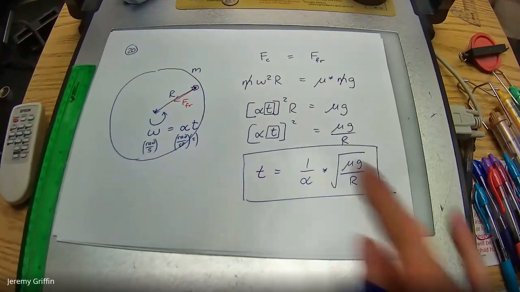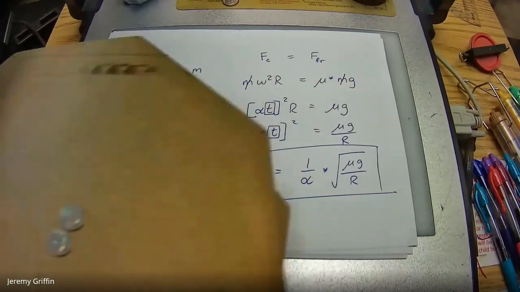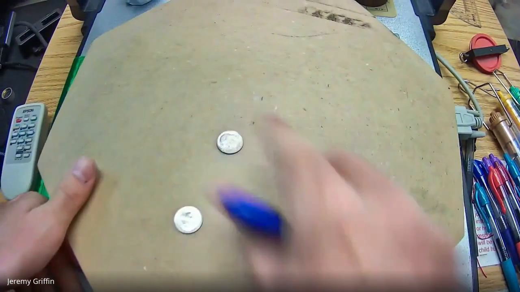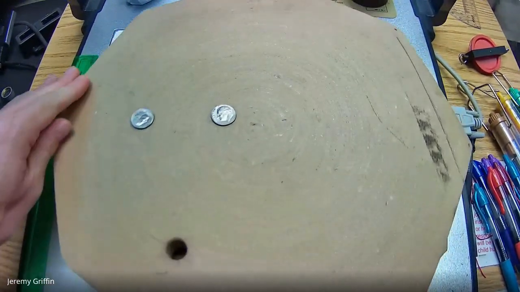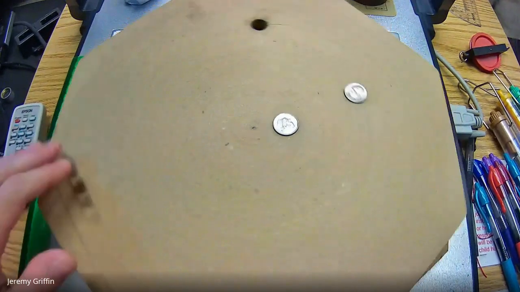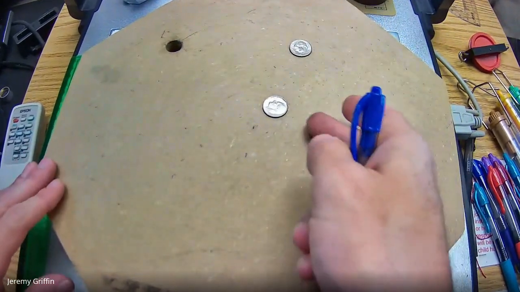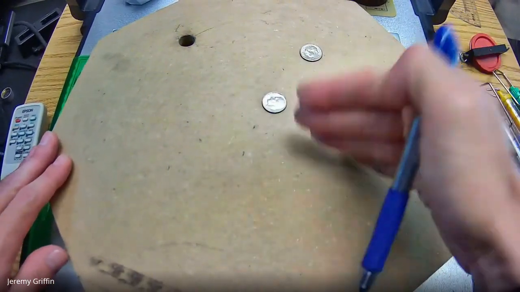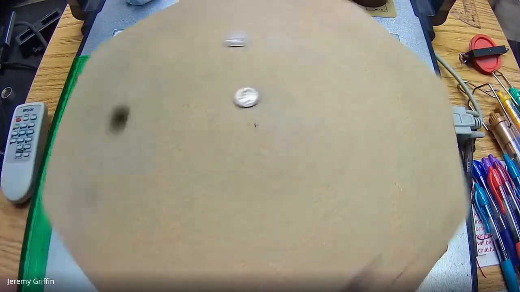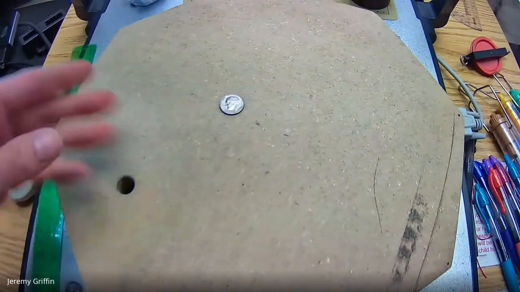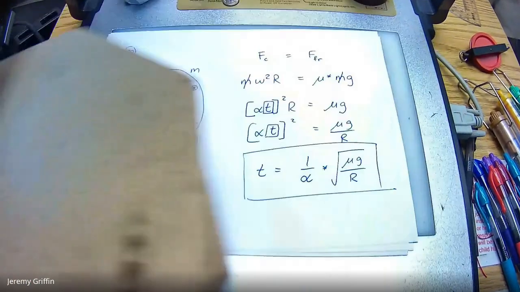But you guys already know that because you saw that back on Friday. Remember how if I have a coin near the center and a coin near the edge, and I start spinning this, which one's going to fly off first? Yeah, it's got to be the outside coin, right? So that's to say the further out it is, the less time it's going to take before it flies off. The inside coins, it's harder to make those move. So that's consistent with this equation.